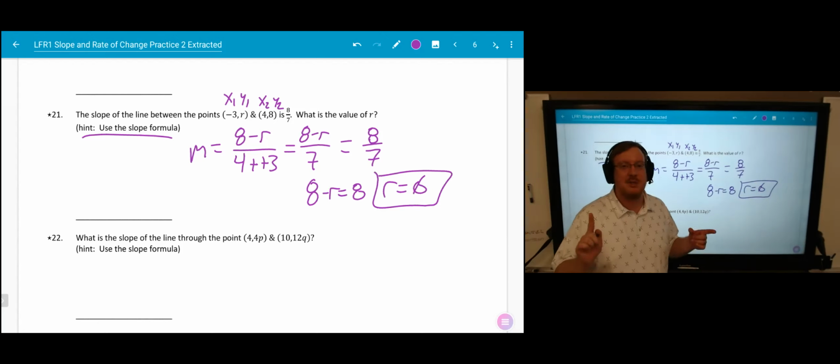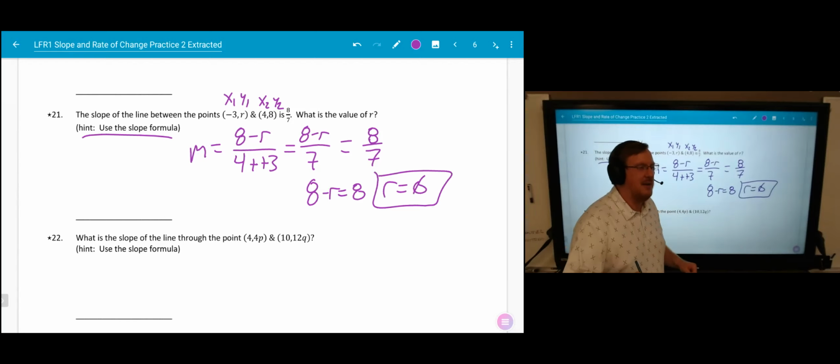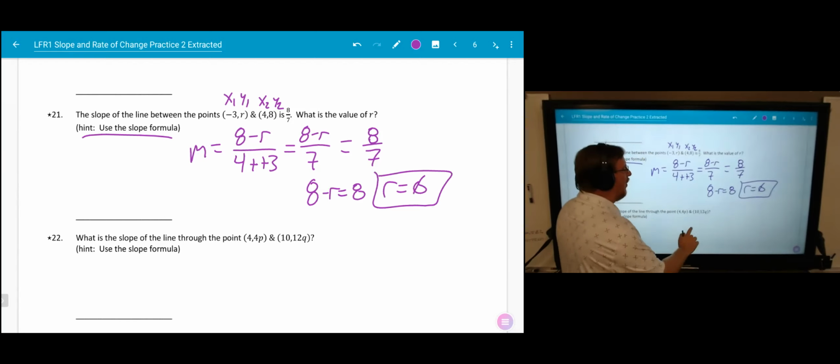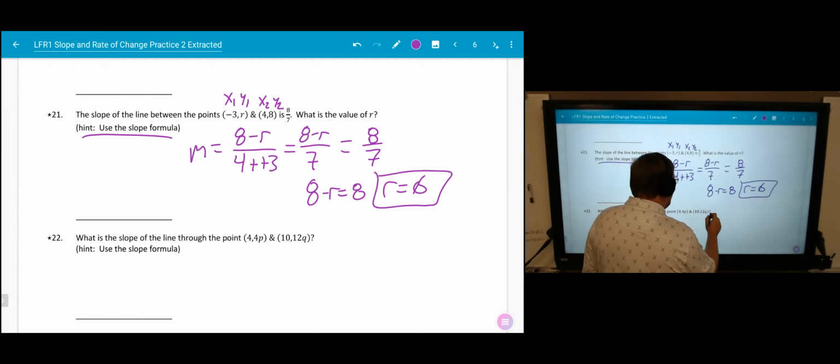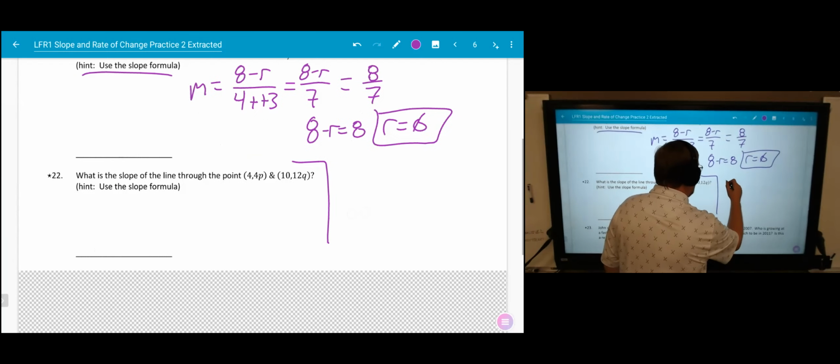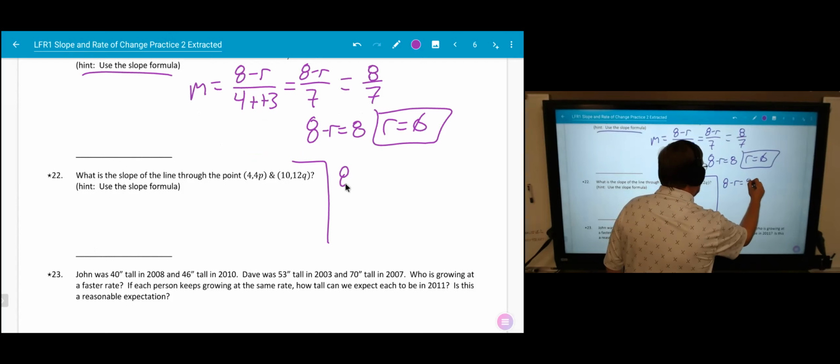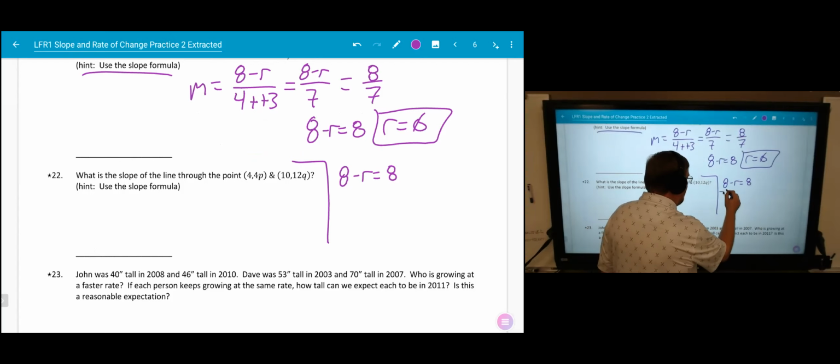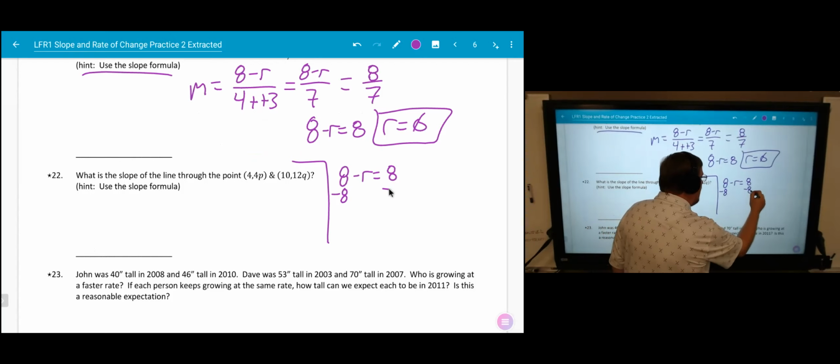But let's say you're like, Mr. Brayman, I want to know how to do this using algebra. And I say, good on ya, here we go. We'd say 8 minus r, so I'll give a little room down here. 8 minus r equals 8. I would have to subtract 8 from both sides, leaving me with negative r equals, well, 8 minus 8 is